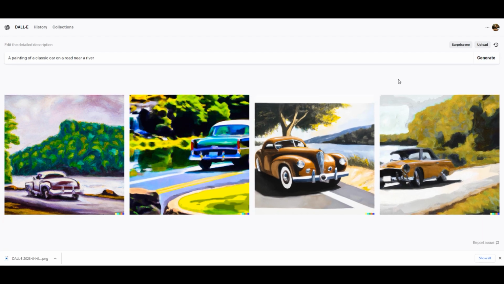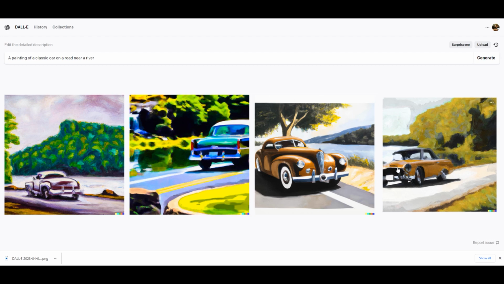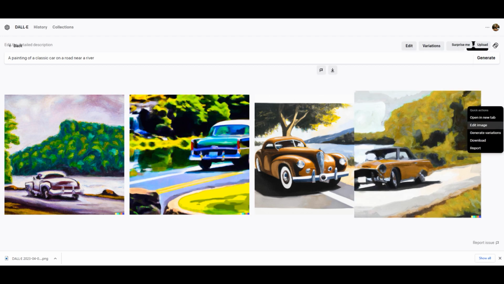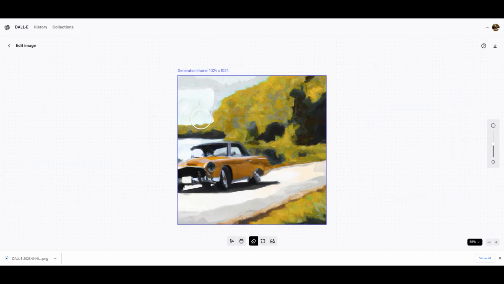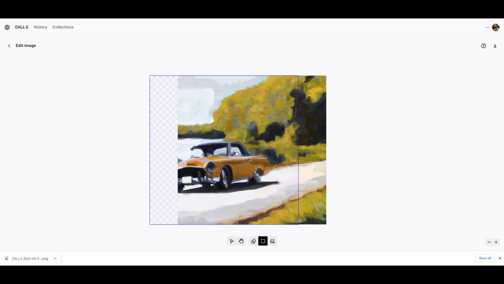The unfortunate thing about DALL-E is sometimes it gives you images that are a little cut off, but with their outpainting feature, you can go edit image, and each one of these generations counts as a credit, so don't forget that. You can go down here to the add generation frame, and you can make this picture a little bit bigger, and it will generate this missing piece here based on the rest of what it sees in this frame. So if we hit generate,